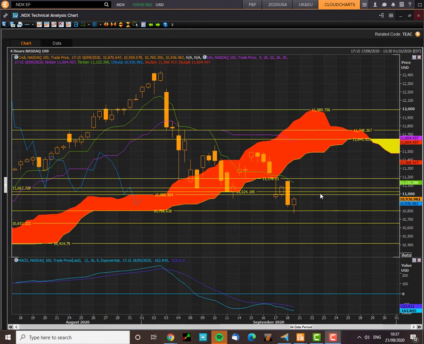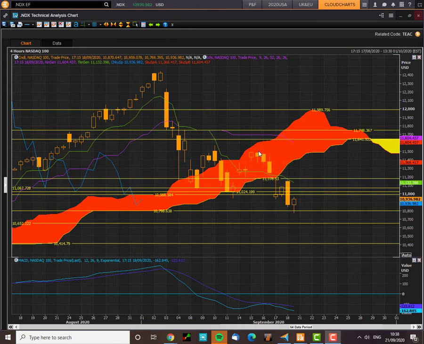The market failed to find support in this cluster of support, these old cloud chart levels of 1167, 10988 and 11024. The market failed to find support there second time around. There was a beautiful swing trade on the 11th and 14th. A nice swing trade from that cloud level, support level, back up to the top end of the cloud where